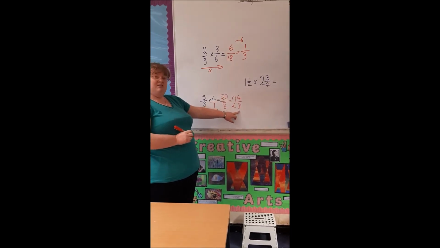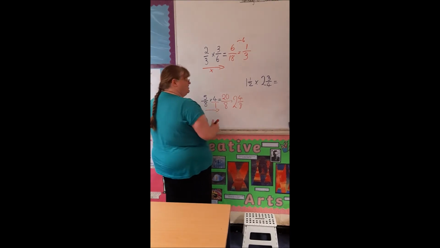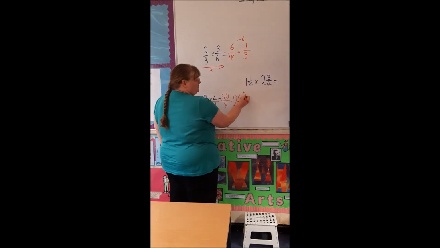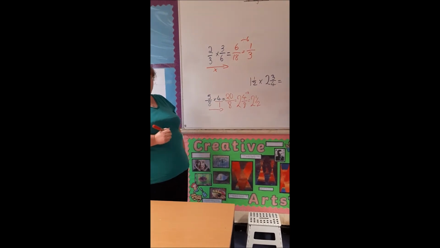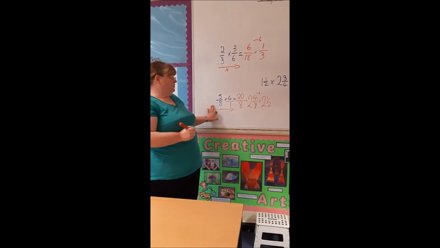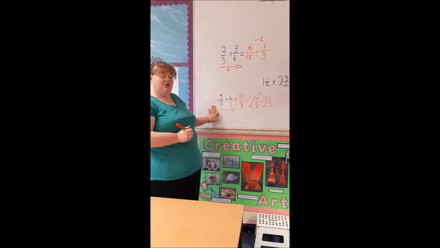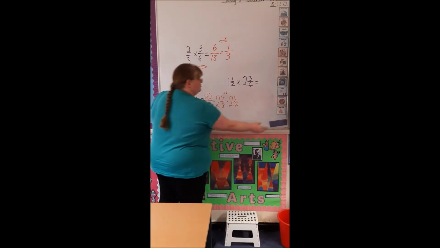Now again, 4 8s can be simplified. They are both in the 8 times table, and both of those can be divided by 4. So therefore we then get 2 and 1/2. And there we have our final answer of 5 multiplied by 4 is 2 1/2. Finally, just going to rub these ones out,